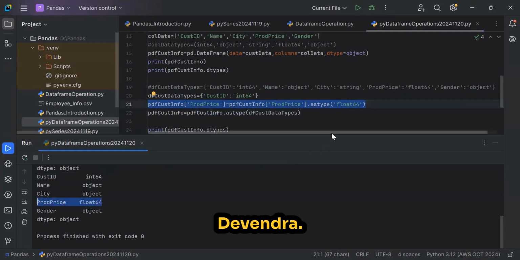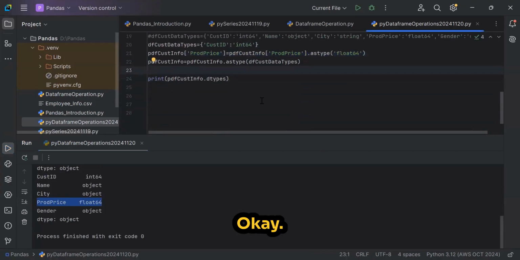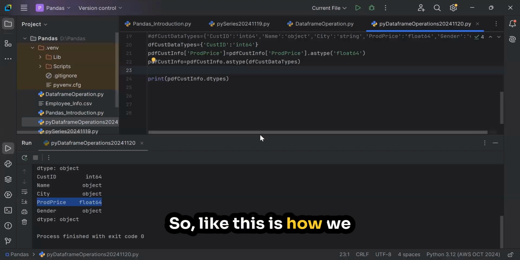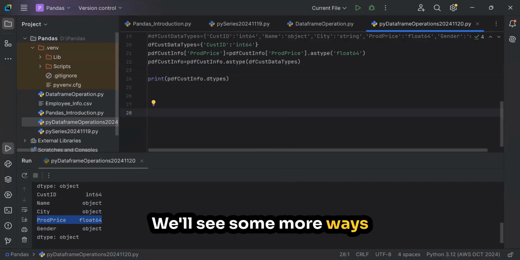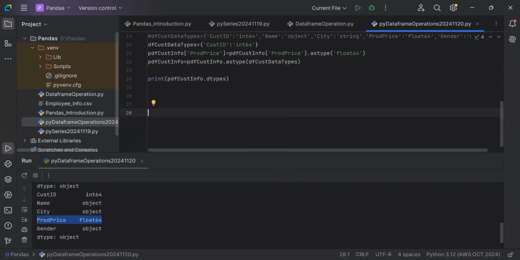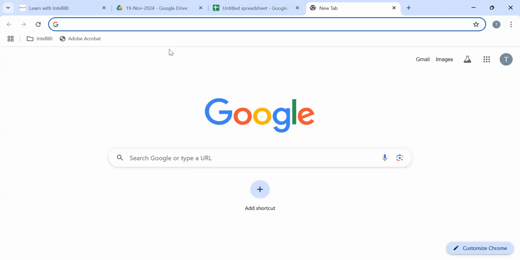Understood, Devendra? Yes. Okay, so this is how we can create a data frame. We'll see some more ways to create a data frame. Let me just run the